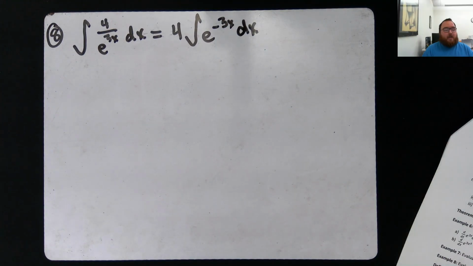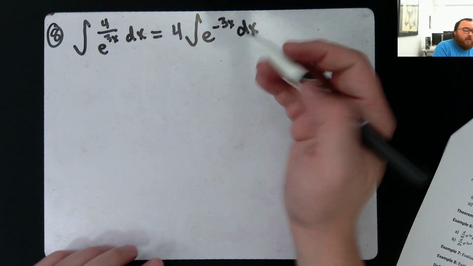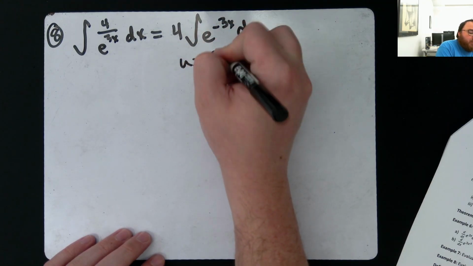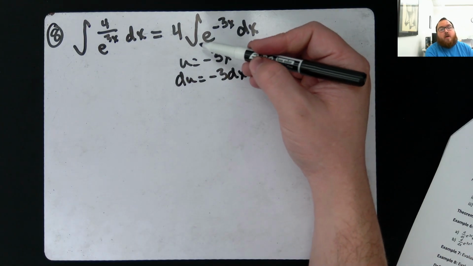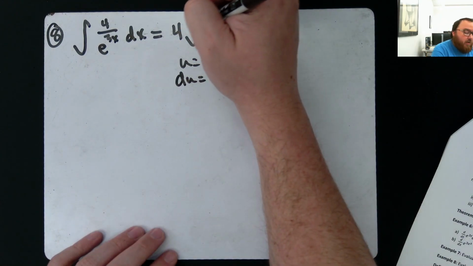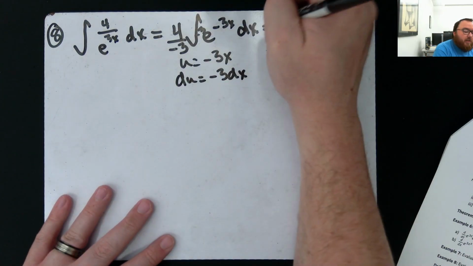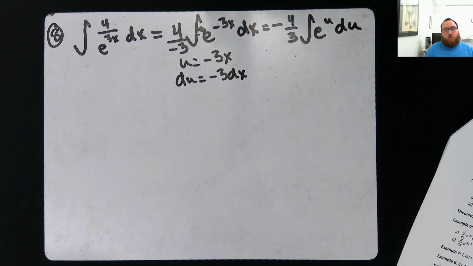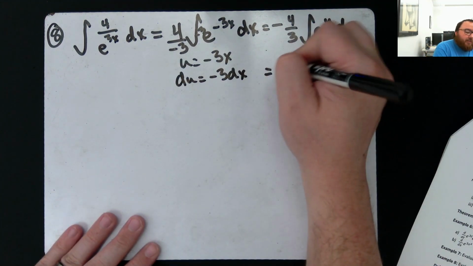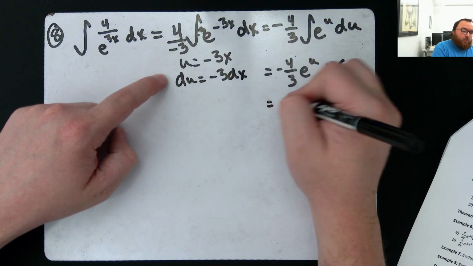Again, it would be really nice if this was just e raised to just plain x, but it's not. It's raised to the negative 3x. So I want to make it u, which would have to make du equal to negative 3, which I don't have, but I can put there as long as I put one out front in the denominator too. So this becomes negative 4/3 integral e to the u du, which now I can do that. E stays e, so this is negative 4/3 e to the u plus c. We said u is equal to negative 3x,